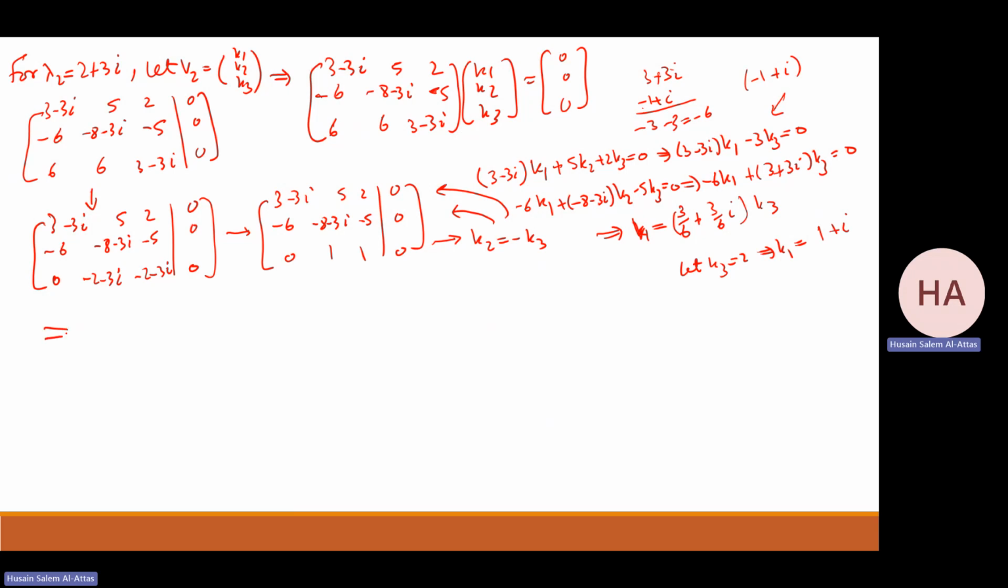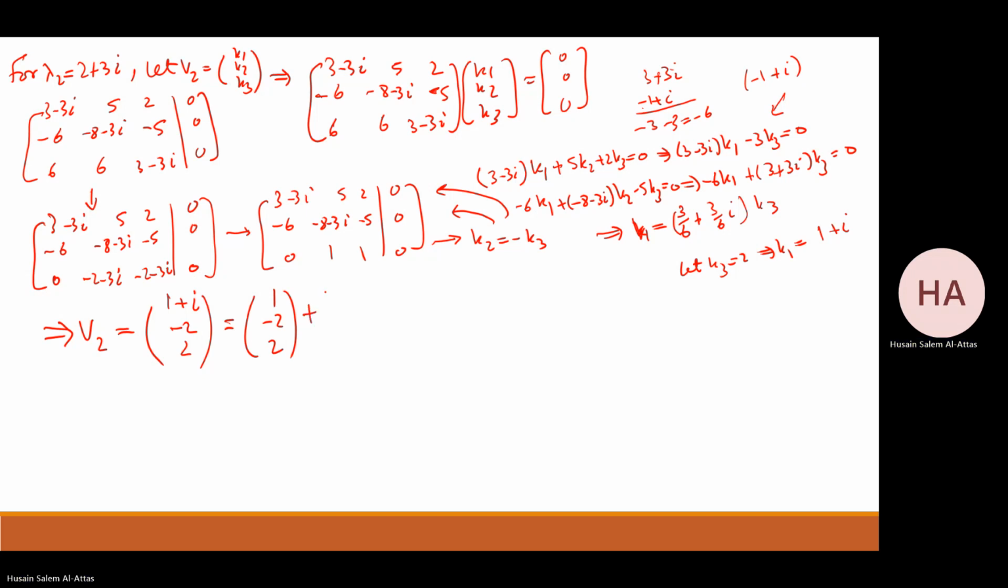So my V2 will be what? Yeah, is it correct? K3 equals 2, so I have 2 times 3, 6. Yeah, it will be 1 plus i. So my V2 K is 1 plus i. K2, what is K2? I defined K2. Yeah, K2 will be minus K3, which is minus 2. And this is 2, which I can write as 1 minus 2, 2,